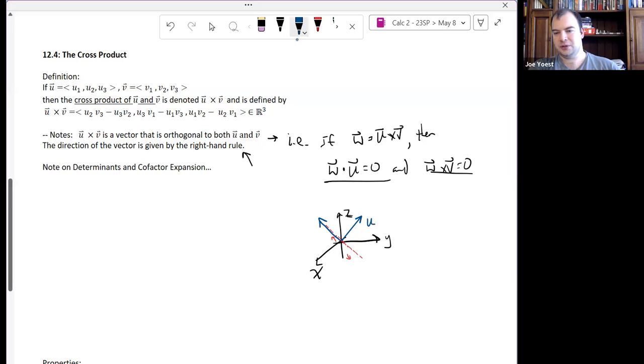So let's call this one U. And let's call this one V. And the resolution is to use what's called the right-hand rule. We have to come up with a convention for which way the cross product should point, and we choose to impose this condition. We have two ways that kind of naturally speaking, if we just said the cross product is orthogonal to both of the vectors that make it up, there are two ways to resolve that. We just have to decide which way that's going to go. The right-hand rule,